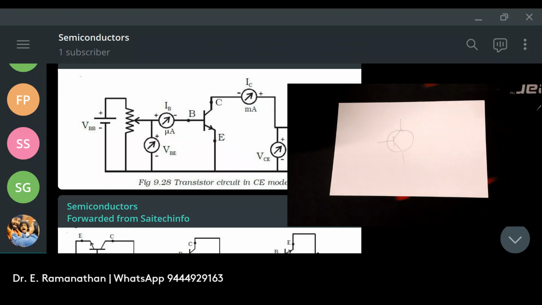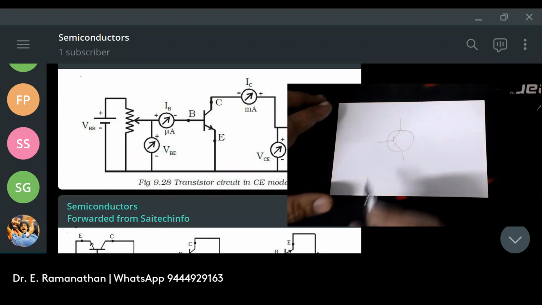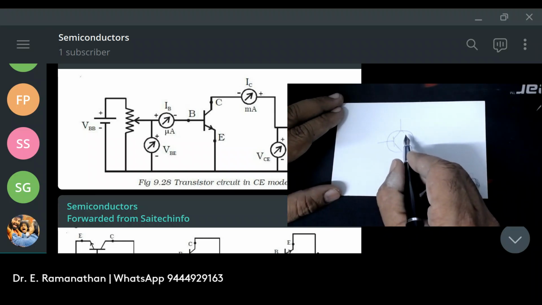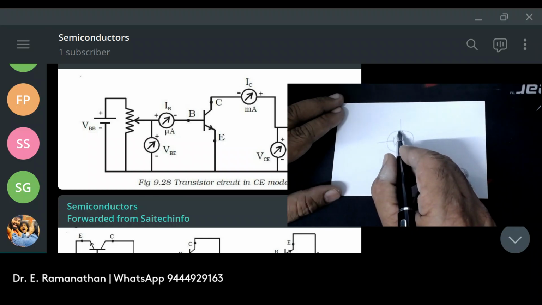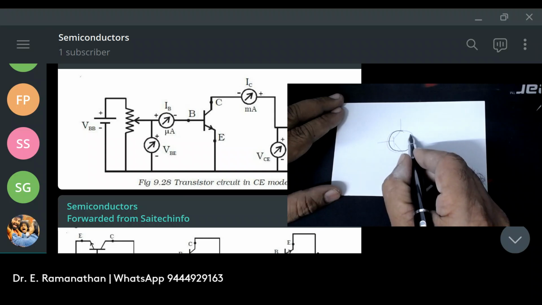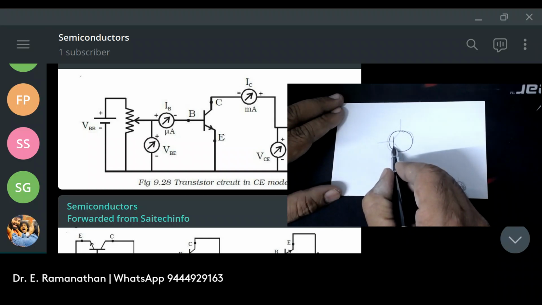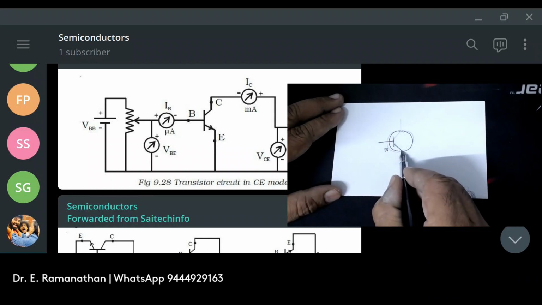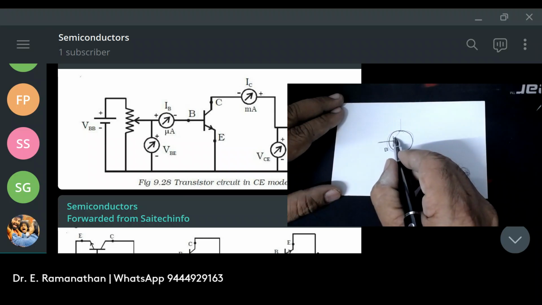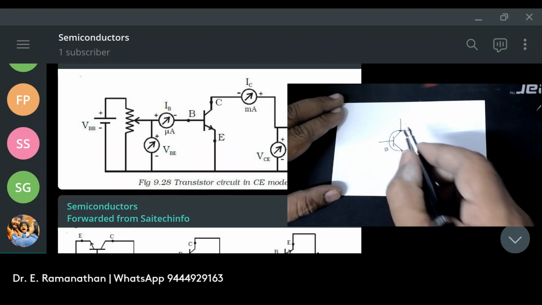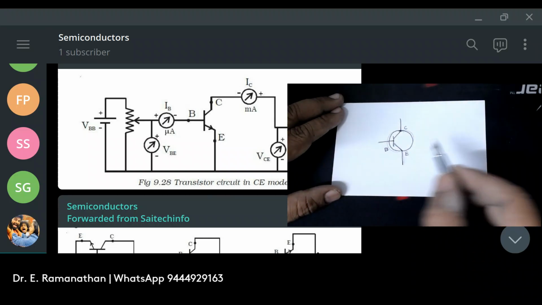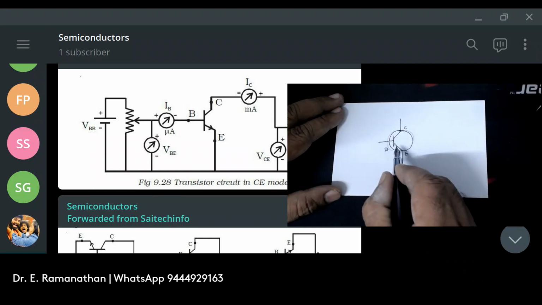Transistor is one of the very important devices in electronics. Let me explain about this transistor and its various configurations. A transistor can be represented by this symbol. This is the base, and this is emitter and this is collector. First of all, you should be able to identify the